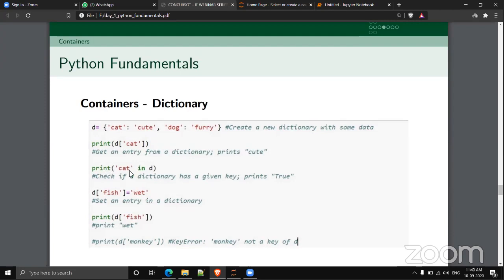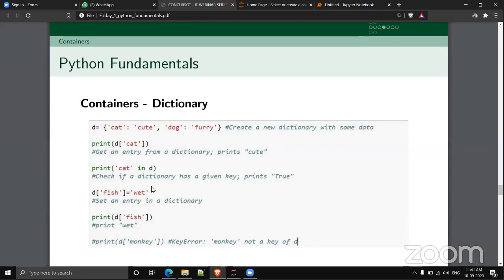Print cat in D will return true because the key cat is present in the dictionary D. If you are checking with some other key that is not there, it will return false because that particular key is not in the dictionary D. To add a new element, you can simply write D of the new key equal to the new value.